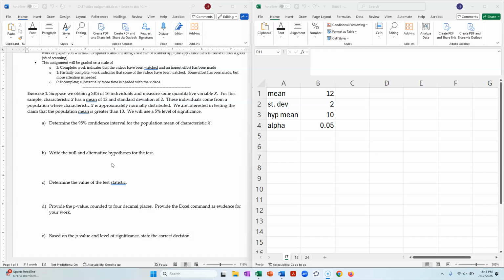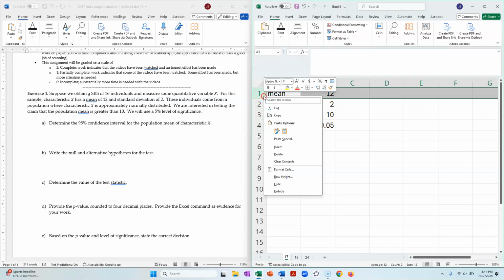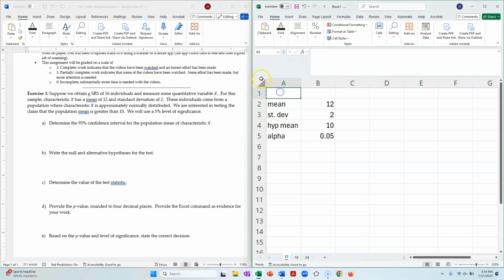Alright, so chapter 17 video assignment, this is the one where we're working with the one sample t-test, right? And so the t-test and actually the one sample confidence interval, or confidence interval for the mean. And so we have some information given about a quantitative variable x. We have an SRS of 16 individuals. I forgot to write that down. So we have a sample size of